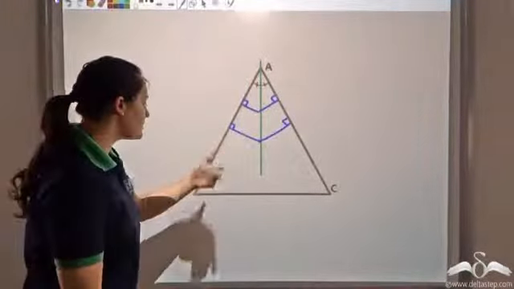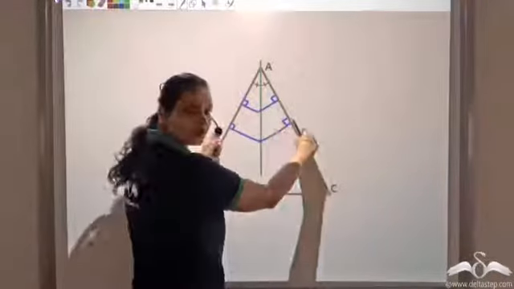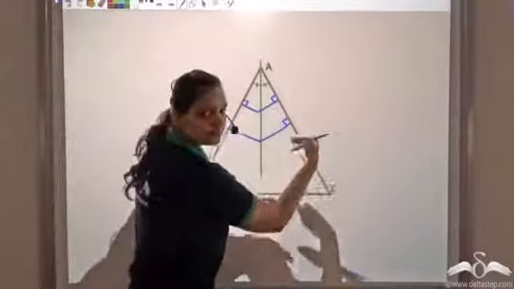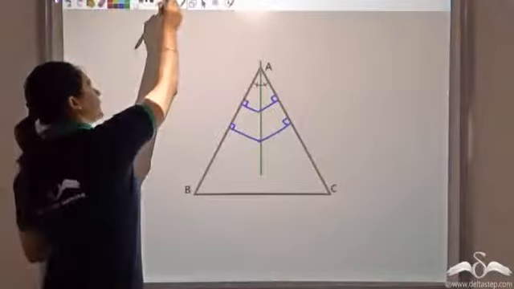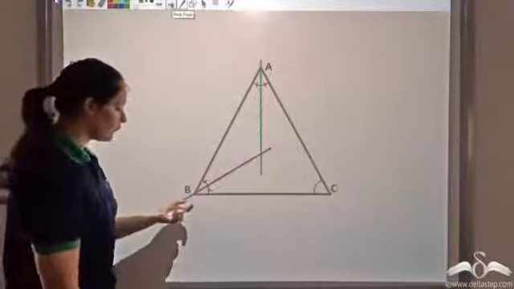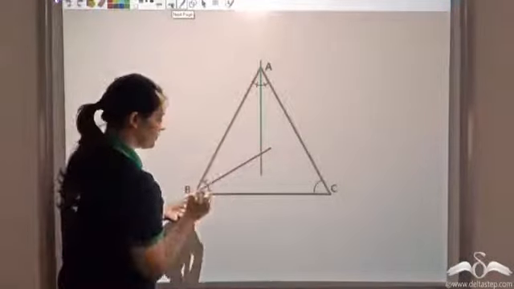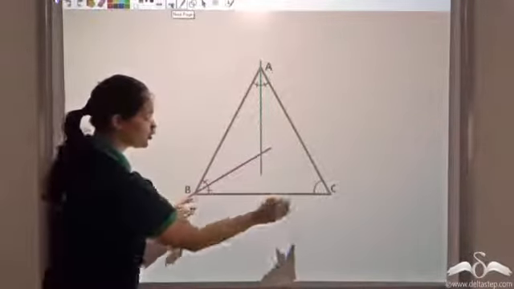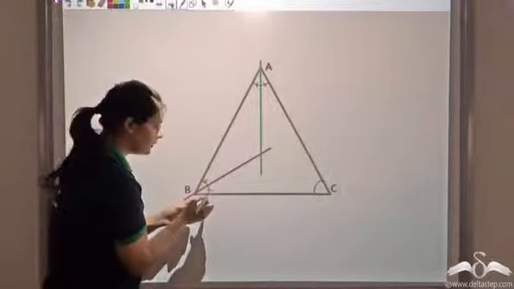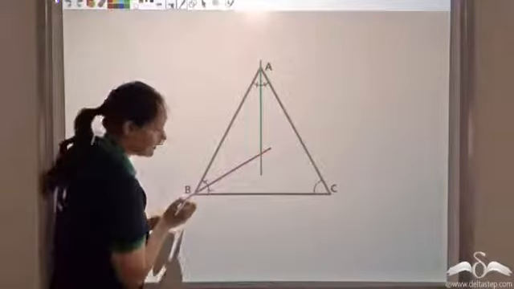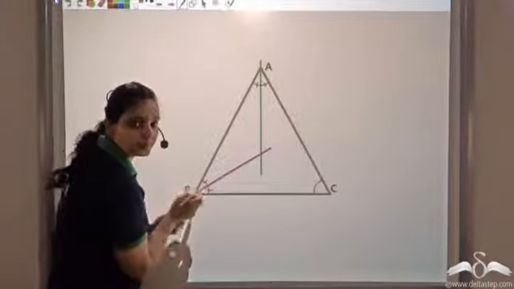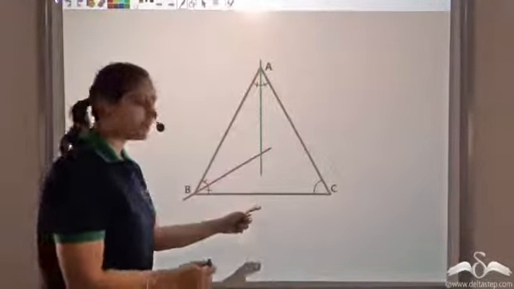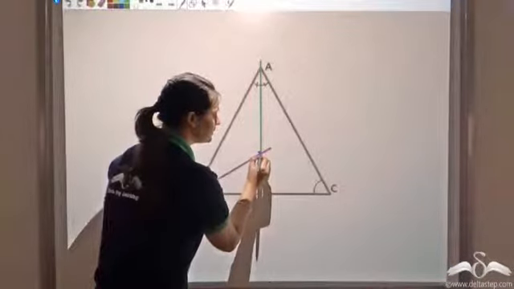I want the distance of not just these two roads to be the same, but of the other two roads also to be the same. So what do I do? I draw another angle bisector. Let's say this is the angle B, which is being formed by roads AB and BC. With these two roads, I get another angle, B, and I draw an angle bisector such that it bisects this angle B. Now I see that this angle bisector meets the previous angle bisector at some point.